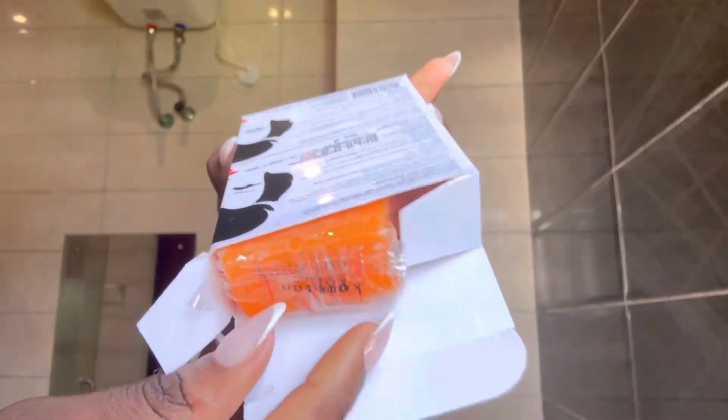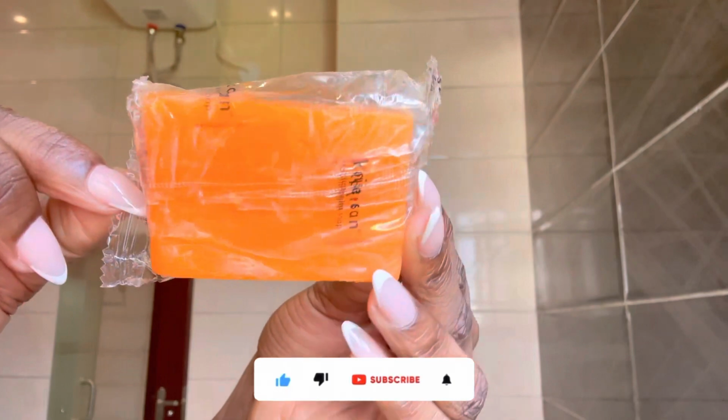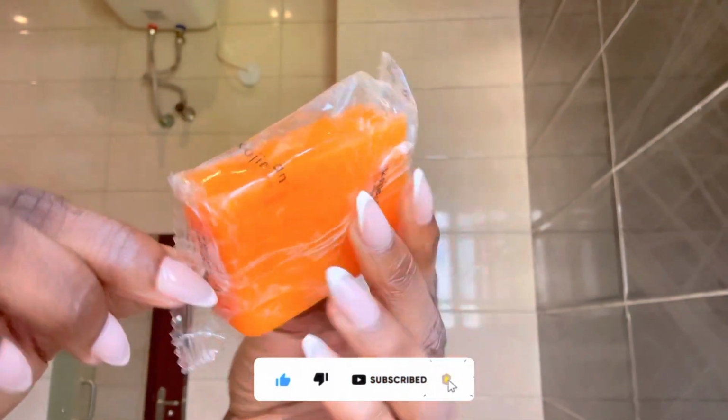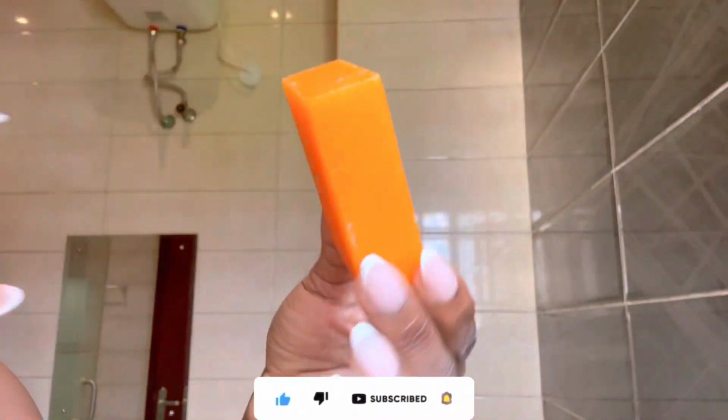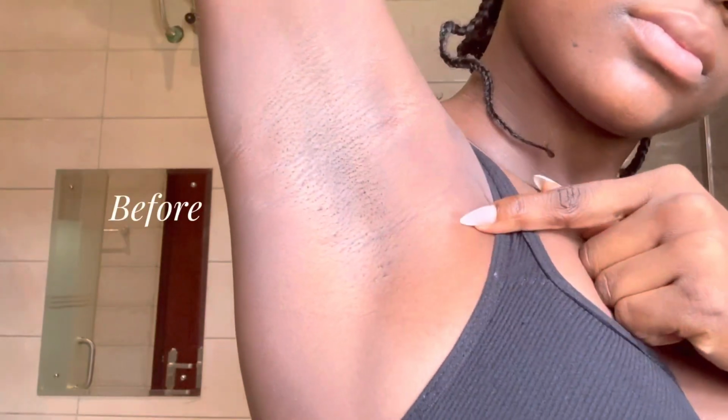I got the original one, and now there are so many varieties of this soap. I heard that they have the one they sell in China, which is also an original, and also the one they sell in the US. So it's very confusing. I'm going to leave a link to where you can get the original one in the